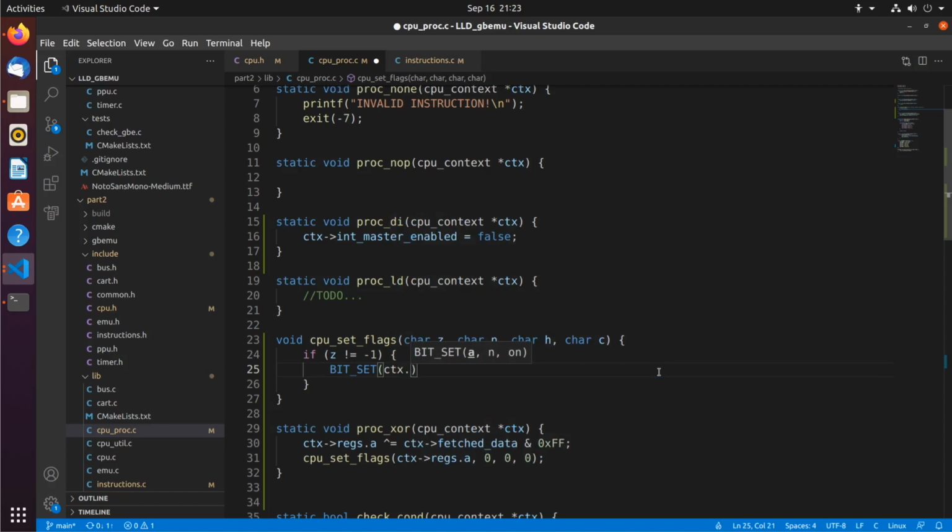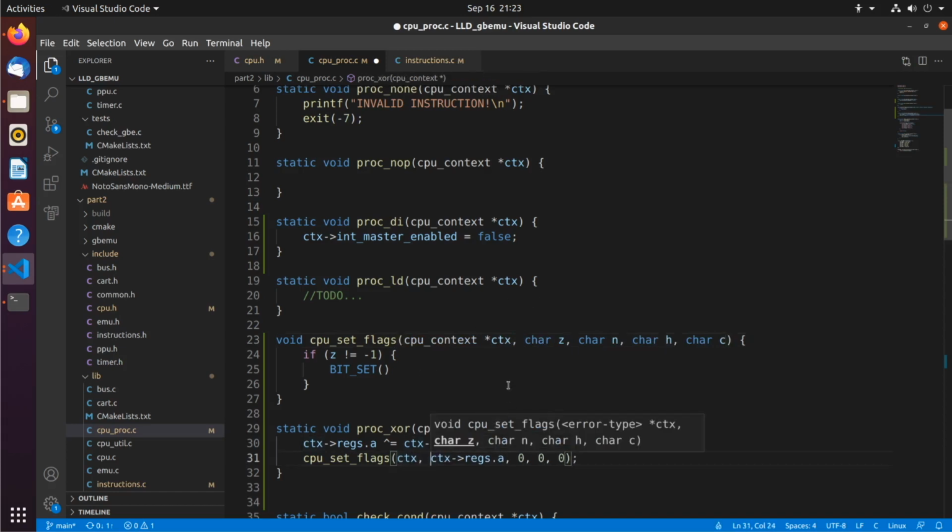Actually, we're going to have to pass in the context, I think. I might redo this one as well, but it allows us to run multiple CPUs at the same time, I suppose, if we do it this way. But for now I'll just do it this way. So ctx regs.f,